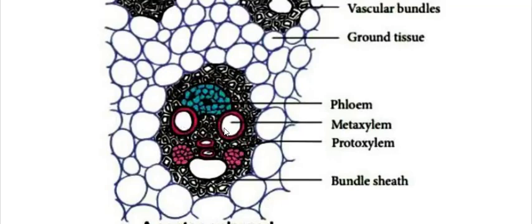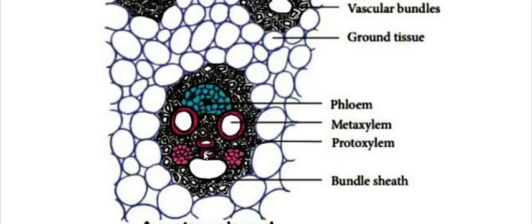The arms of the xylem are formed by the larger pitted vessels, which are called the metaxylem. Means the thickenings which are present in these vessels are pitted, while the tail of the xylem is formed by the protoxylem cells, which are small in size and consist of annular and